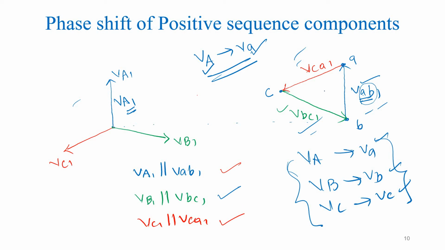Now to represent the phase quantities, we need to take the fictitious neutral point, or you can say the virtual neutral point. So basically the neutral point will not exist to give the phasor representation. We are assuming that there is a neutral point. Now we are going to represent the phasors. Now this is VA1, this is VB1. C terminal to the neutral point can be represented by VC1.